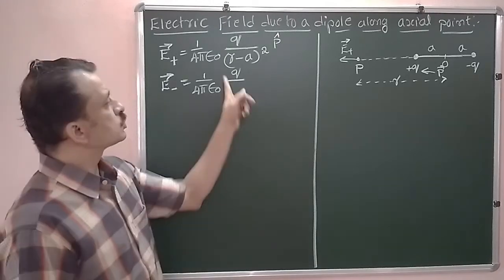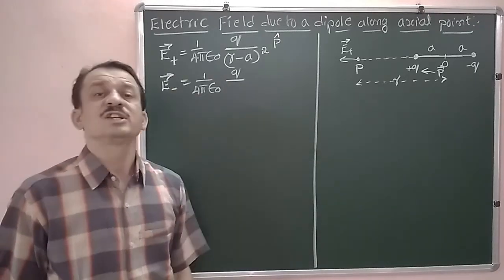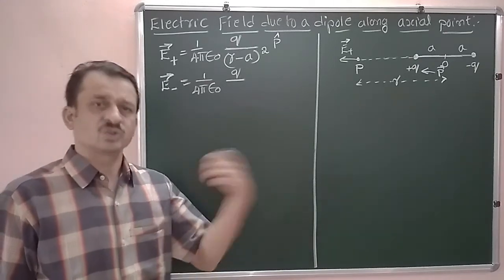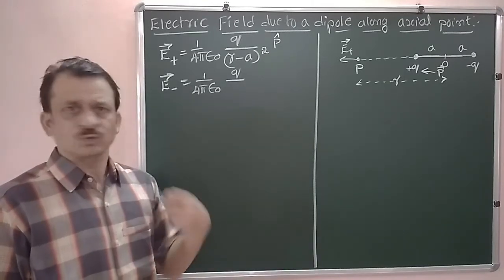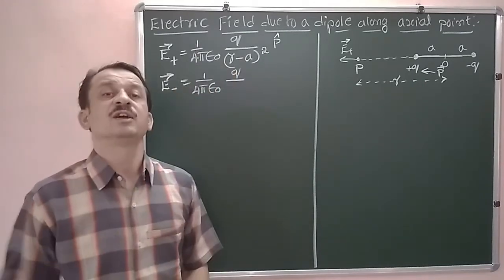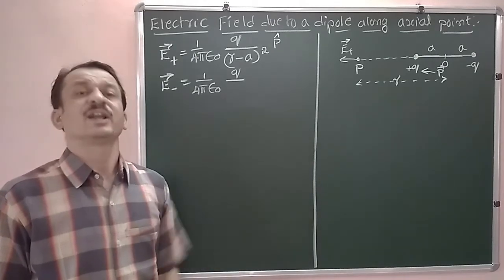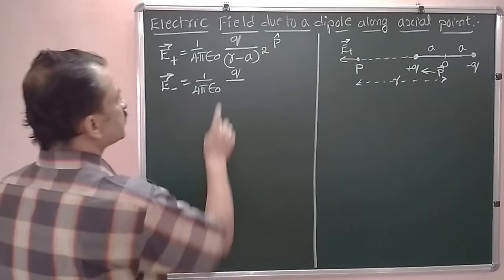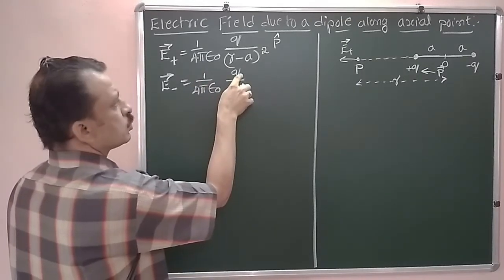You are not supposed to write minus q charge. What does the negative sign indicate? It indicates only the direction, whether the electric field is towards or away, or the force is towards or away. That only the negative sign indicates. Therefore, while calculating electric field and also electrostatic force, we are not supposed to use the negative sign for calculation purposes. So with that, 1 divided by 4 pi epsilon naught, once again the charge is the same q,